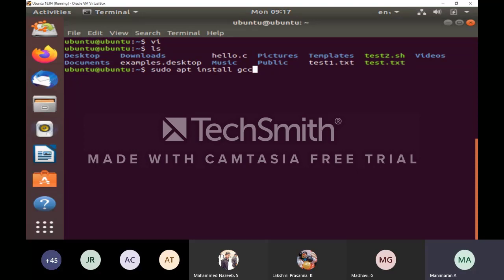After that you press enter, then it will take 50 seconds or 1 minute. After that the GCC compiler is installed in your Linux operating system, and only then compilation, execution, everything will work. Otherwise it shows that there is no GCC compiler, so you cannot execute the C program. So first you can do this one. Already I have done it. So after installing the compiler in your Linux machine, for compilation you have to type cc.